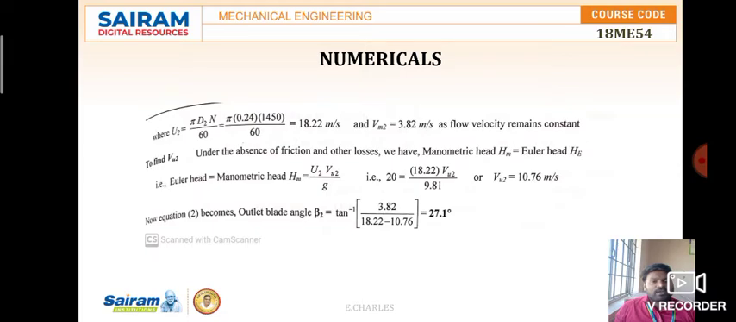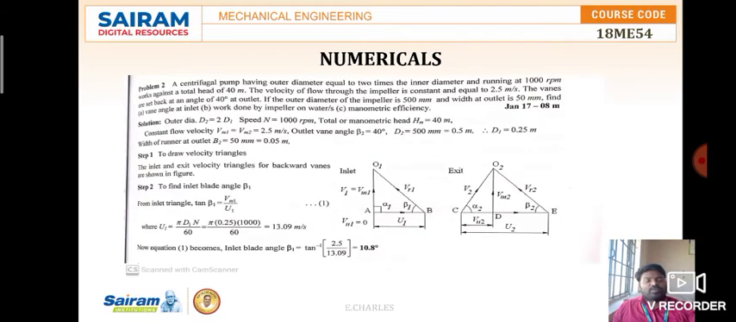From that we have found out tan beta 2. In that, beta 2 is found out as 27.1 degrees. It's a very simple problem. And coming to this second problem: a centrifugal pump having outer diameter equal to 2 times the inner diameter and